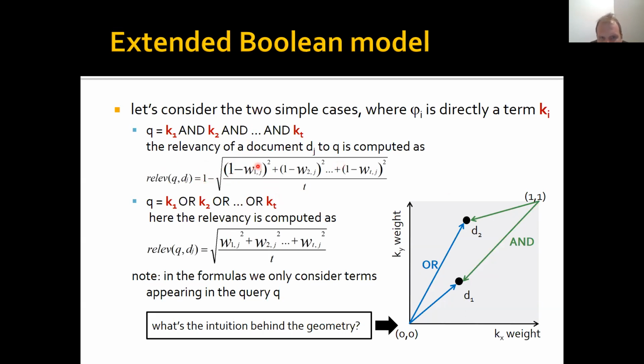So the relevancy is computed for ends. For ends, it's computed like this. It's 1 minus, and this is the distance from this point to the actual position of the document, here or here. And if both of the terms are there with high values, it will be smaller penalty, smaller distance that is subtracted from 1 than if it's lower values. So this is geometric computation of something that should mimic the AND operation, right? It's not